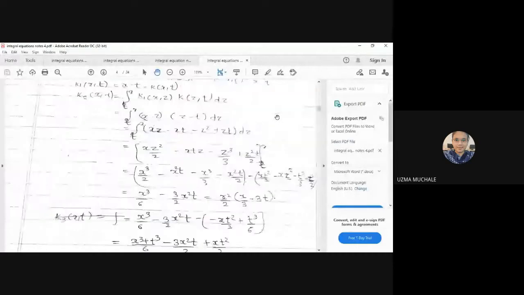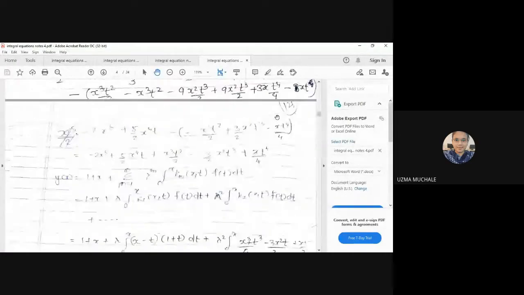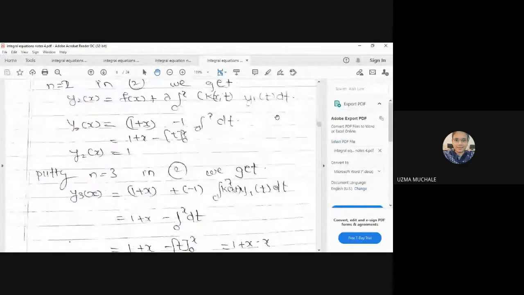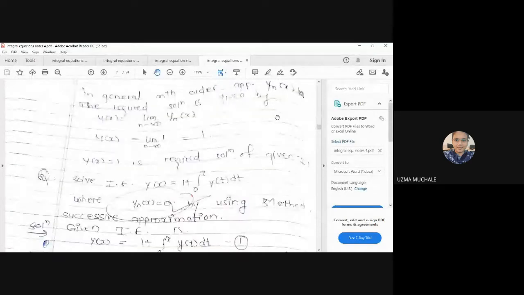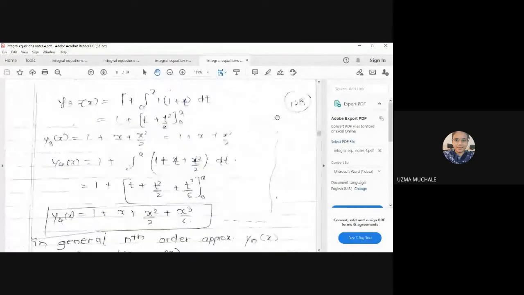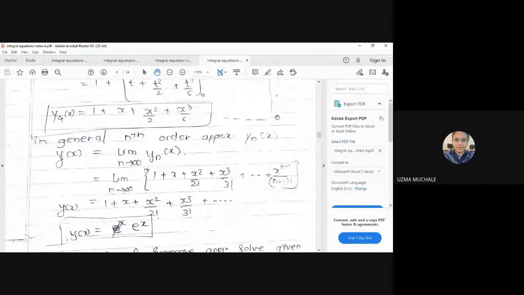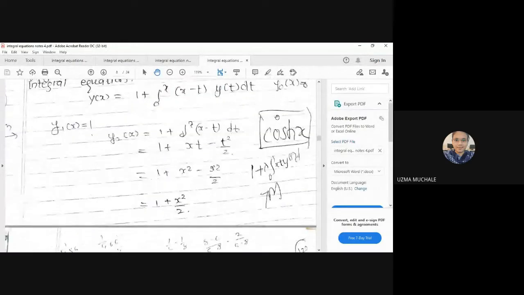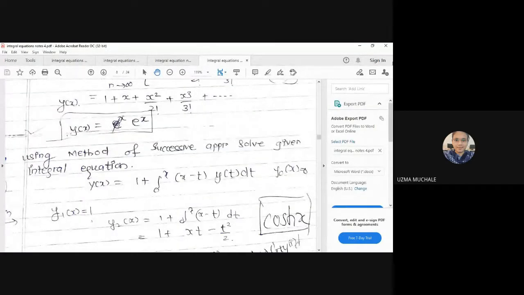I don't know how many of you remember this, but you have to go through this at least once. But I think many times I told you you should attend every lecture so that you should not have any difficulty, and if you want to appear for the exam, you will not have any problem. Many more examples we have solved while discussing this. This is the method of successive approximation we have seen. If the question is like this, simply solve, and if it is provided y naught of x, then you have to verify.